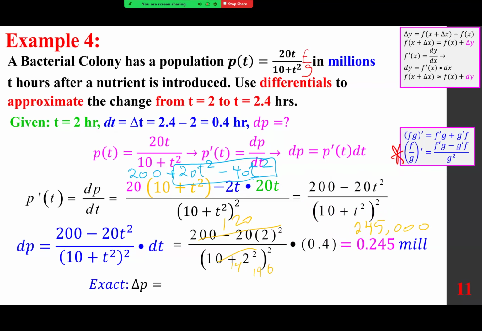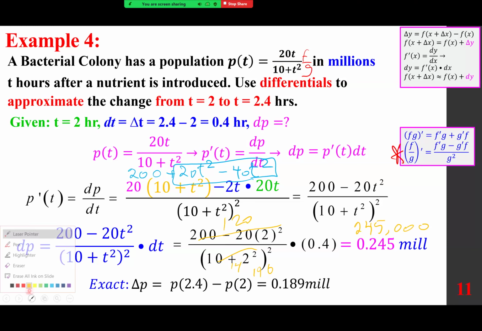The exact amount in the population change, simply put, using elementary algebra, plug in t equals 2.4, come up with the population at t equals 2.4, then plug in 2, come up with the population at t equals 2. Their difference is the answer, and that is 0.189 million or